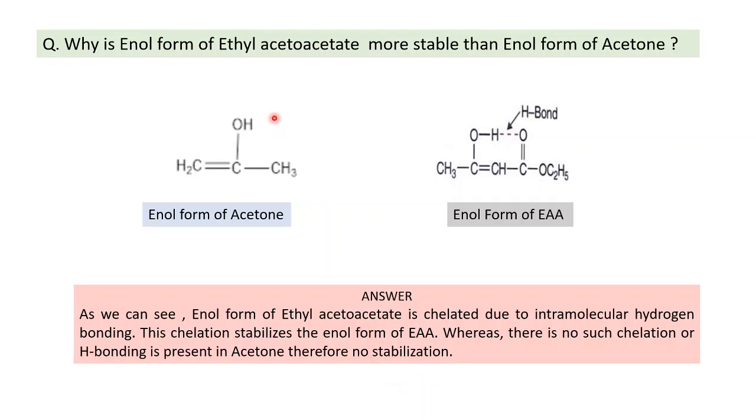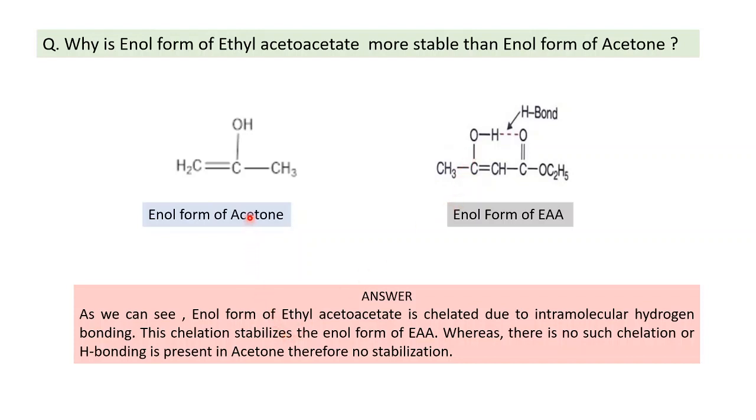Now think about it. Why is the enol form of ethyl acetoacetate more stable than the enol form of acetone? As we were discussing, aldehydes and ketones also show keto-enol tautomerism like active methylene compounds. So if we compare the stabilities of the enol form of acetone and the enol form of ethyl acetoacetate, we see that the enol form of ethyl acetoacetate is more stable as compared to the enol form of acetone. Why? This is because